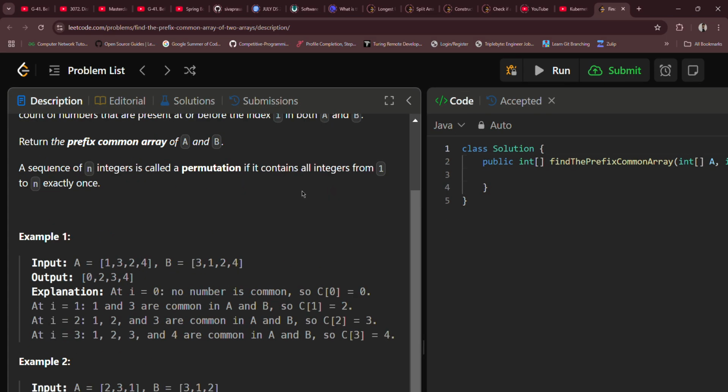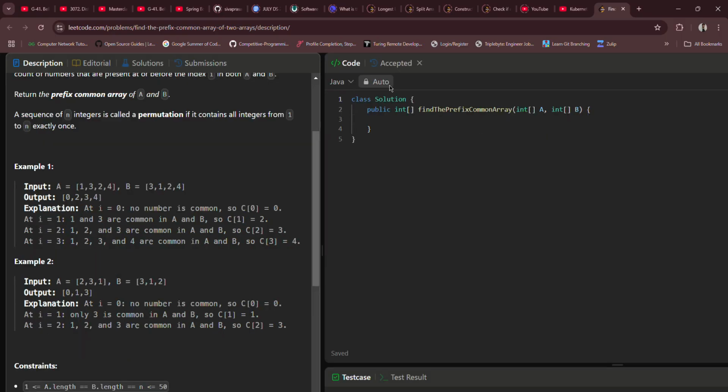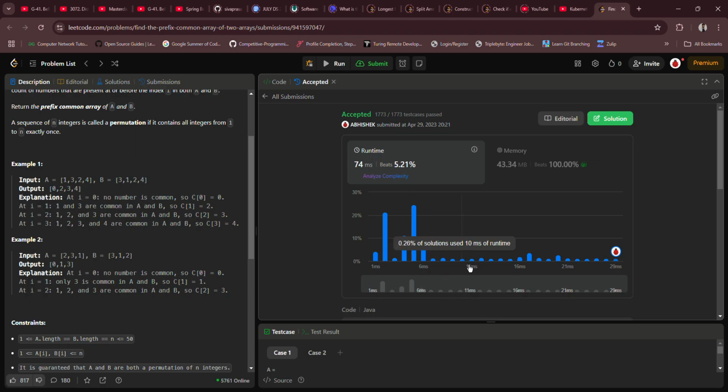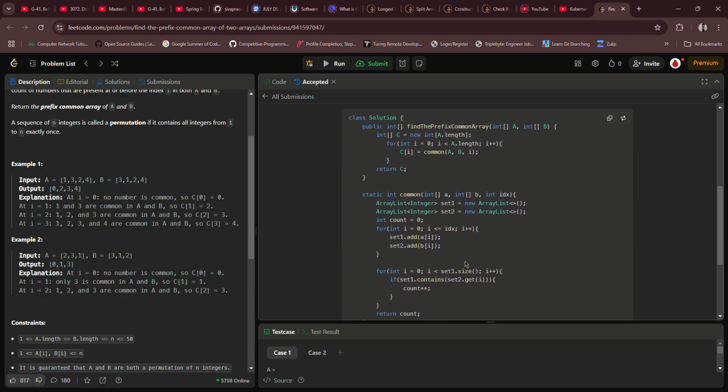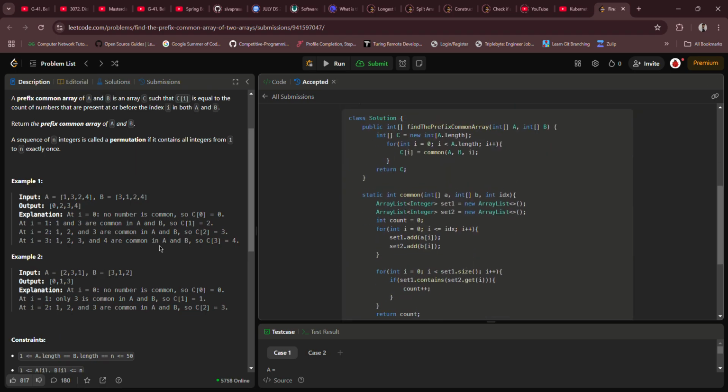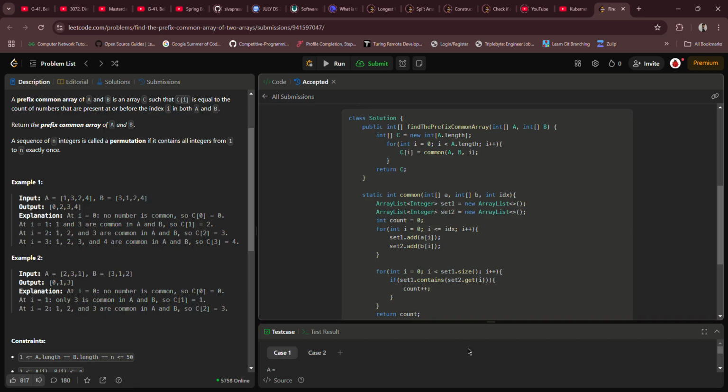Now I'll show you the brute force one, the brute force that I have solved. Okay, this is the brute force. What I am doing here is, let me put up the notepad. So this solution is, you can see,